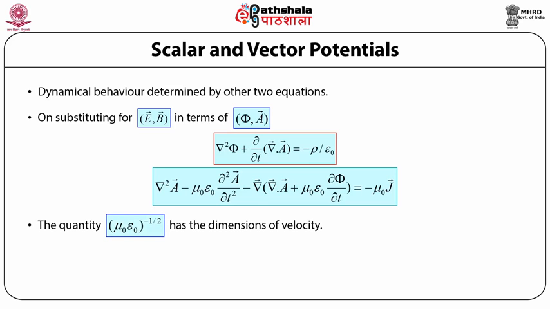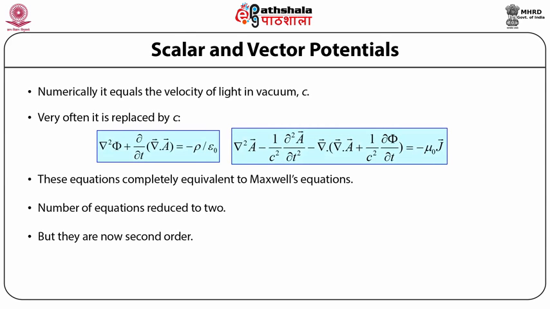Here the quantity (mu naught times epsilon naught) to the power minus half has the dimensions of velocity, and one sees that it turns out to be the velocity of light in vacuum or free space, and hence is often denoted by c. So the above equations can be rewritten as Laplacian operator acting on the scalar potential phi plus partial time derivative of the divergence of the vector potential A is equal to minus of the total volume charge density rho upon epsilon naught, and the